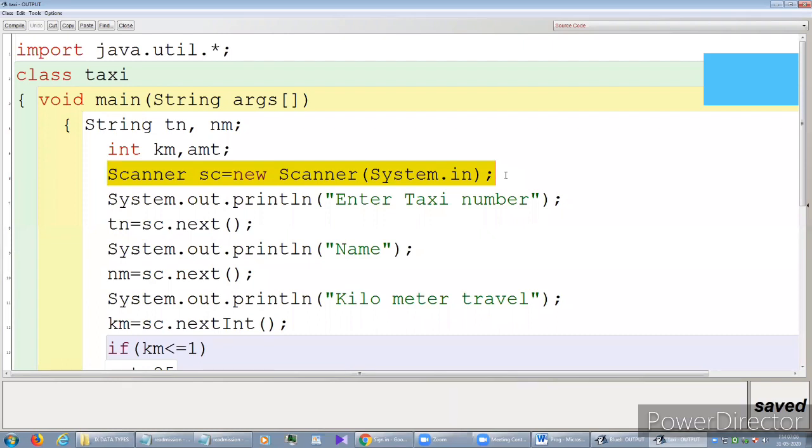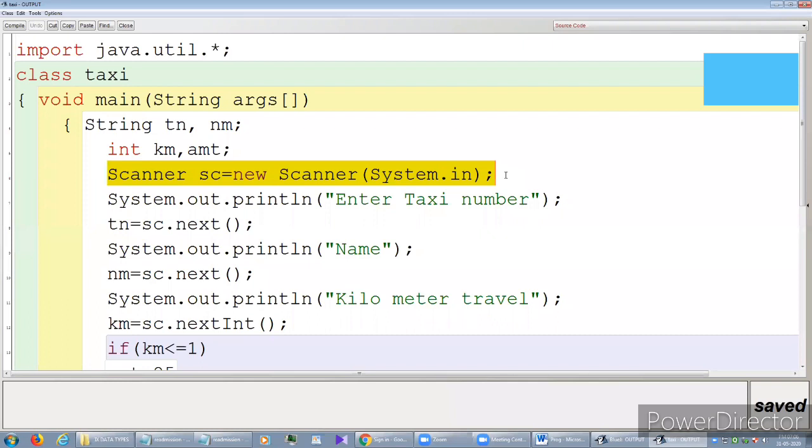So what is the difference between whatever programs we did earlier through parameterized input and this one? Earlier, when we did any program, a dialog box would appear, there was a space, you had to give the value and we'd get the result.